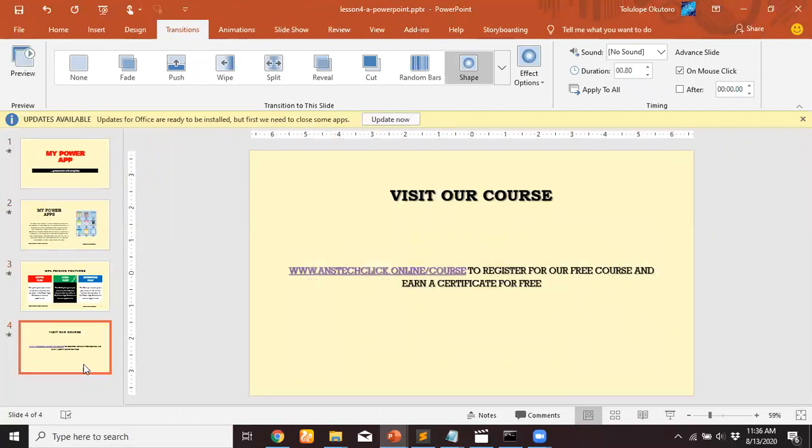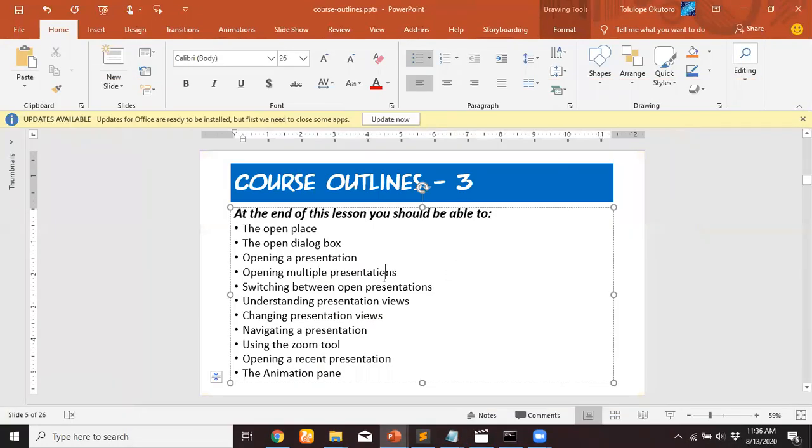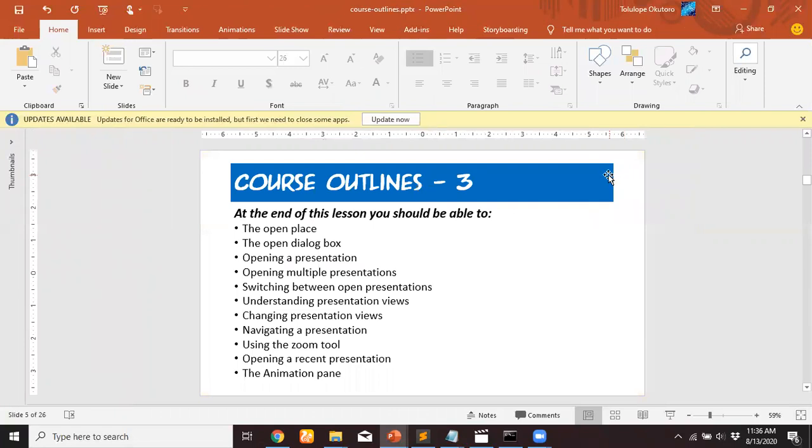Okay, so today we are going to progress. We're going to use this, but let's quickly check our course outline. That is what we'll be achieving in today's lesson. At the end of this lesson, you should be able to understand and navigate through the open place, the open section of Microsoft PowerPoint,